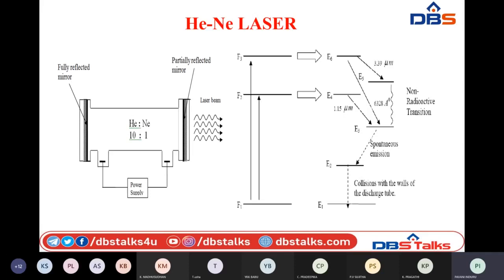And now between E2 and E1, these neon atoms will wait for some time in the energy state E2 till they come back to the ground level again. They can't come back on their own here, so they strike the walls of the discharge tube while traveling in different directions. Finally they come back to the ground level E1. This process is continued till we obtain the continuous emission of a beam of light. This is how we get a continuous beam of light from the helium neon gas laser.